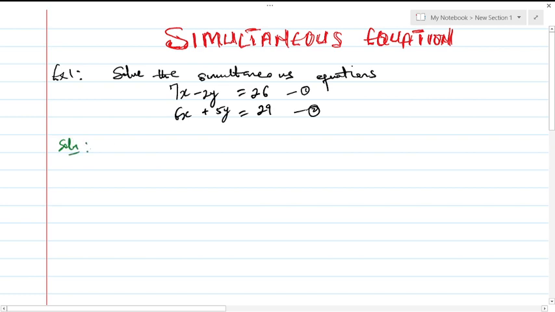I know we have different methods we use to solve simultaneous equations. We have the elimination method, the substitution method, and the graphical method. But I'm going to stick to the substitution method because it works for all types of simultaneous equations. Okay, so we have 7x minus 2y equals 26 and 6x plus 5y equals 29. Using the substitution method,